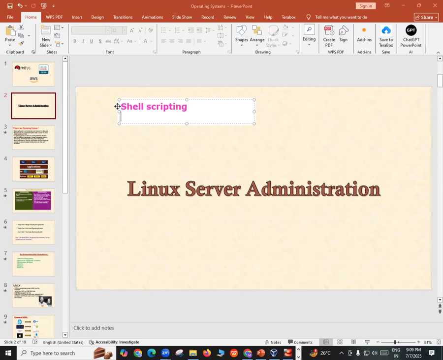Exactly. So for you also, if you're applying for a job with 3, 4 years of experience, shell scripting or Python or whatever, you need to put at least one scripting language there for sure. If you're a cloud administrator with 4, 5 years of experience, you will definitely learn scripting. If you're a DevOps engineer, you will definitely learn scripting. If you're a cybersecurity expert or into networking, you will definitely learn scripting and you have to put scripting there.